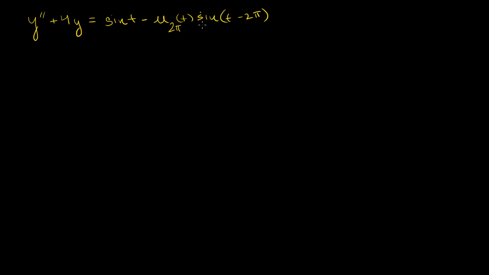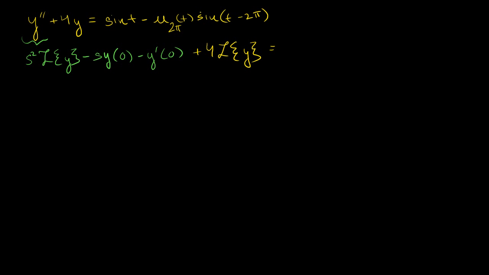So we're going to take the Laplace transform of both sides of this equation. So what's the Laplace transform of the left-hand side? The Laplace transform of the second derivative of y is s squared times the Laplace transform of y, minus, lowering the degree once, s times y of 0 minus y prime of 0. So clearly, I must have to give you some initial conditions in order to do this properly. And then plus 4 times the Laplace transform of y